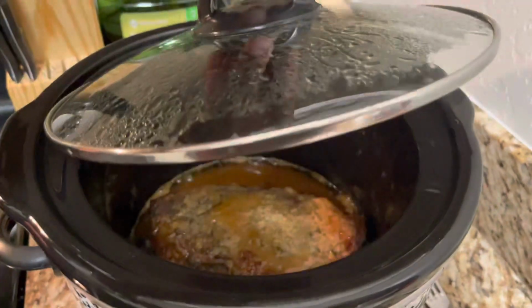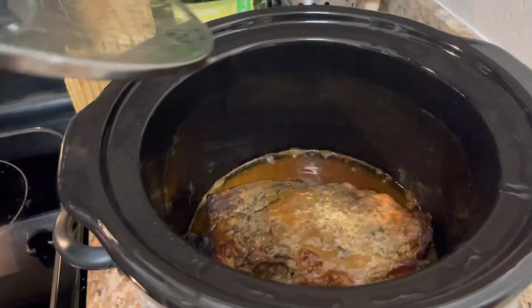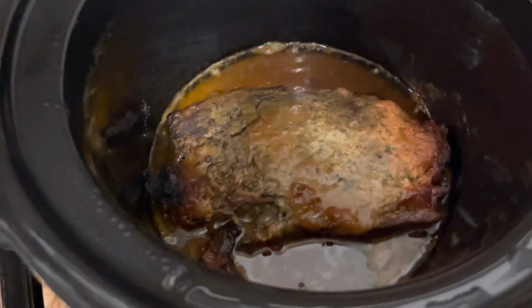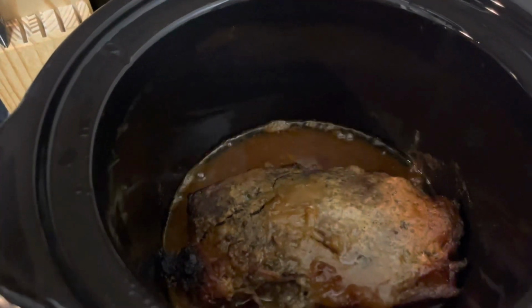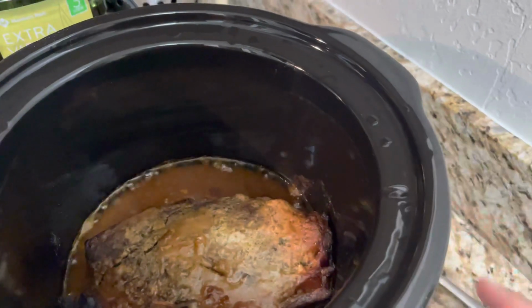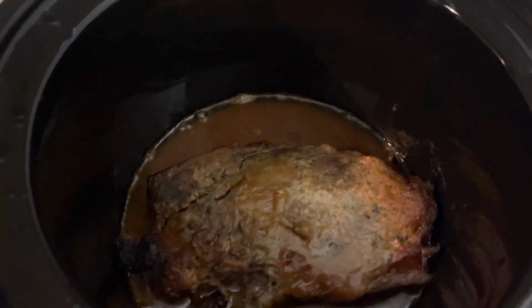Okay guys, so it is way past 6 hours, I think, way past. But I still had this cooking. This crock pot, like I said, cooks slow. But let me check this. Hold on, let me take this thing off my finger. I was doing some knitting and I was counting some rows. I forgot I had that on when I came over here. But anyway,